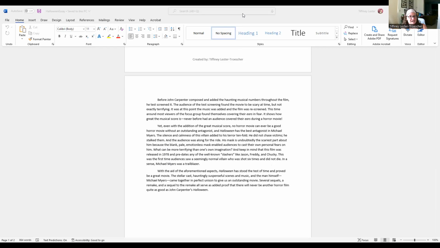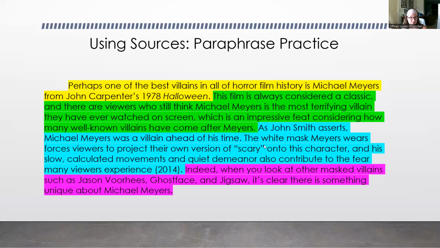So, in this essay, when the author paraphrased the Halloween material, they start off with how Myers was a villain ahead of his time. In the essay, John Smith used the term trailblazer, right? But we've translated and we've